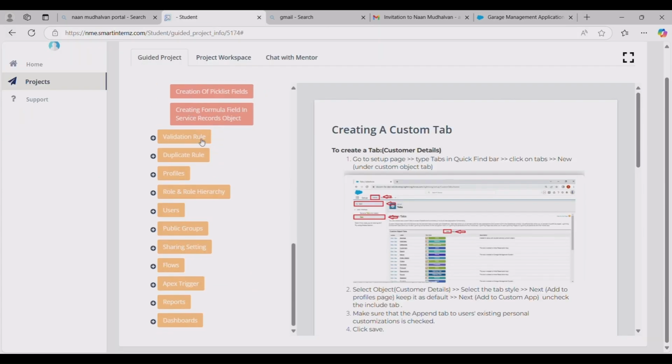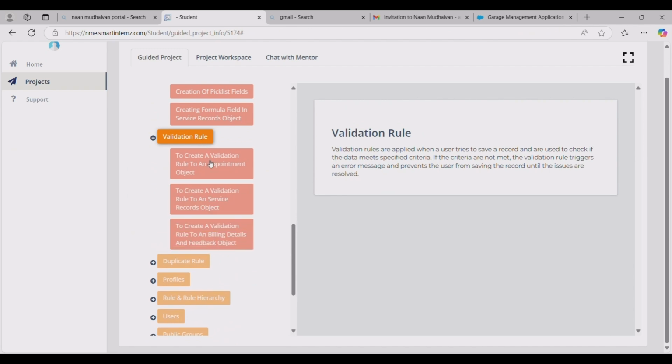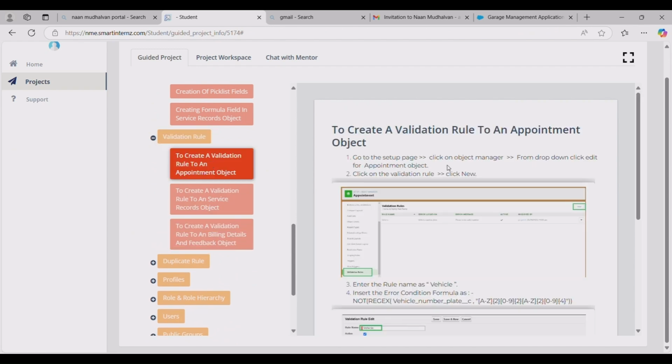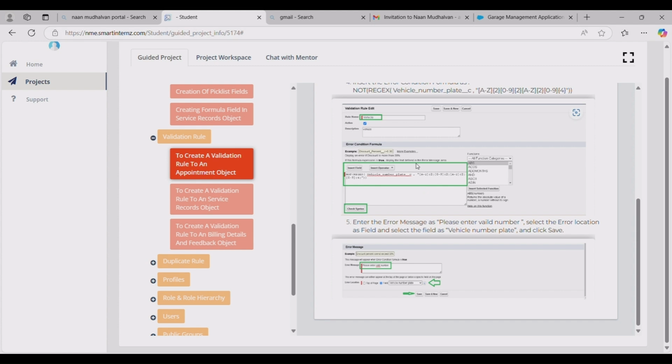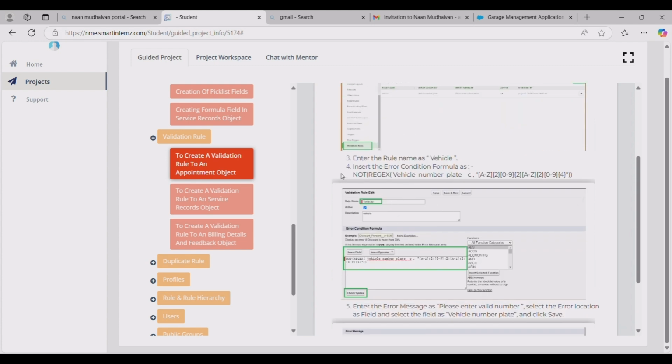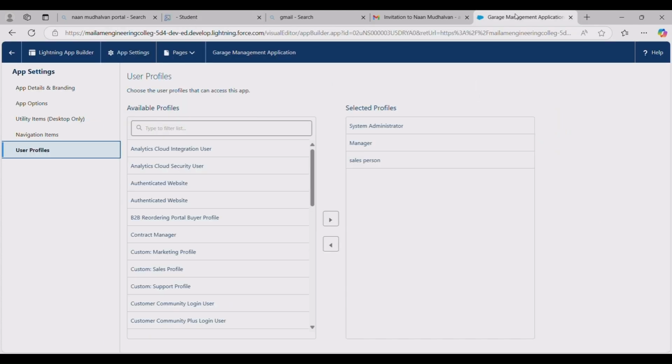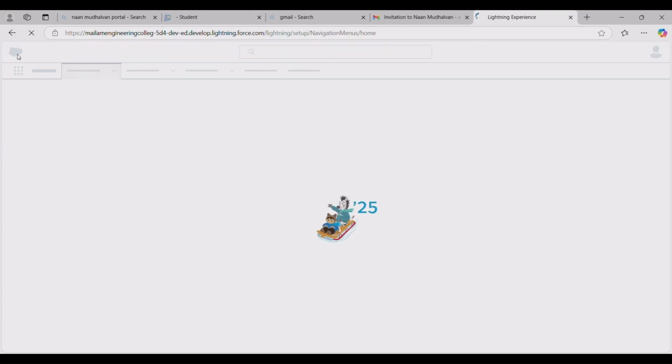After fields, we are supposed to create the validation rule. In this validation rule, we have to go to the object manager, and the object is appointment object. So likewise we have to create for 3 objects, that is appointment object, service records objects, and then billing details and feedback object. For all these we have to set the validation rule, and for that the formula also will be given in this portal. So this has to be copied, and we have to put it here. That is,